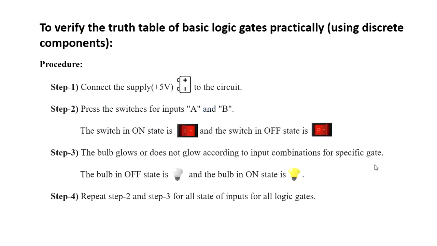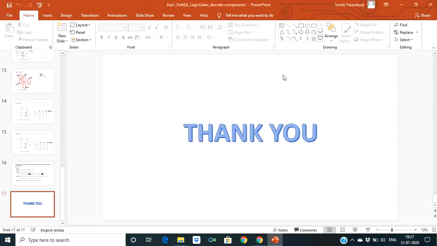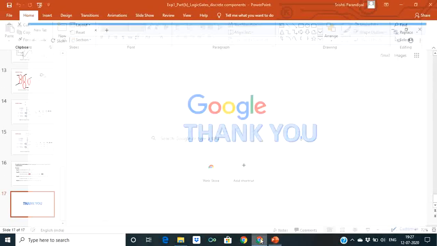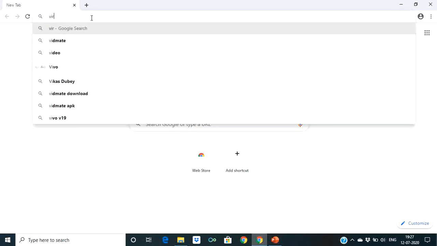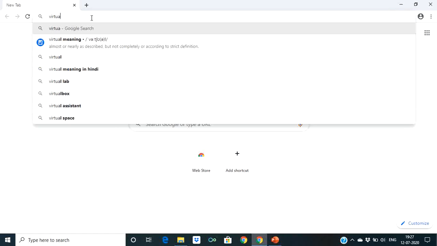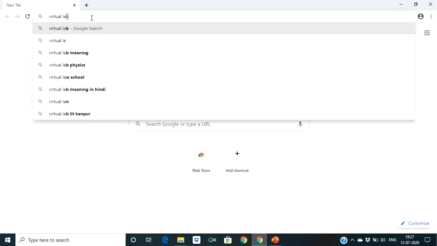Now to verify the truth table of basic gates, practically you will perform these experiments, and we'll see how we can perform them on the virtual lab. So let's perform these experiments. Let's go to our browser and type virtual labs.